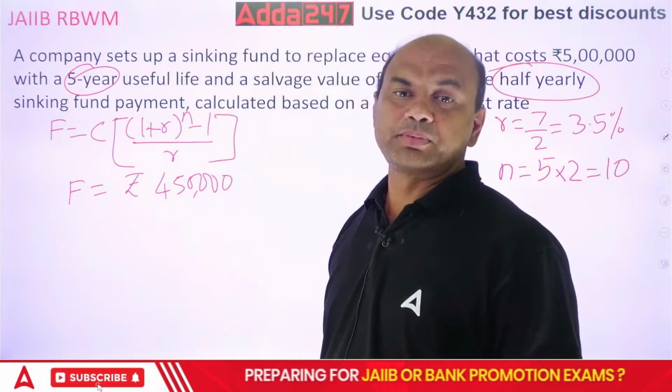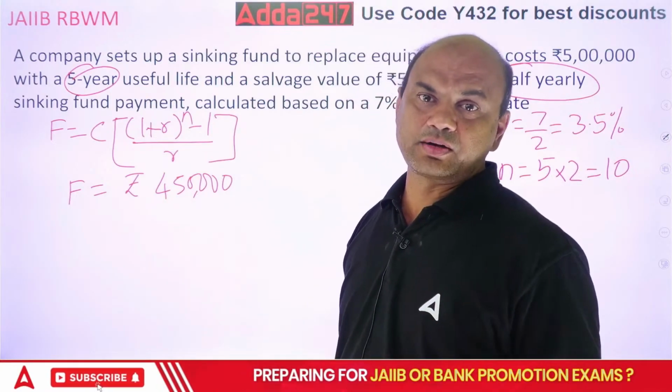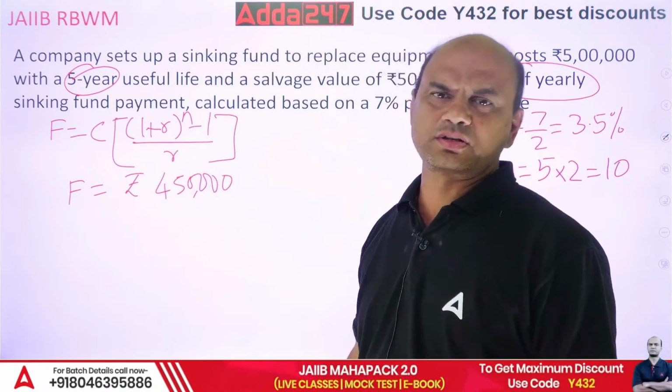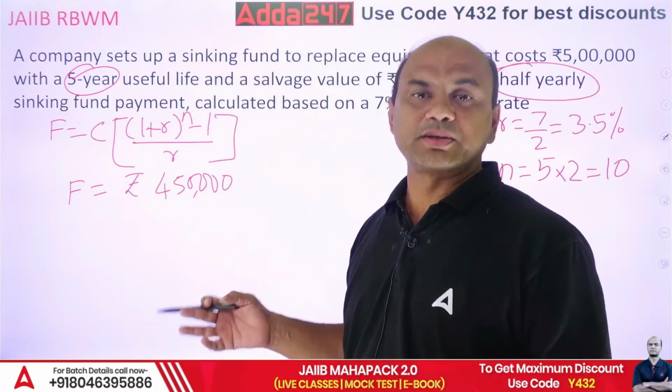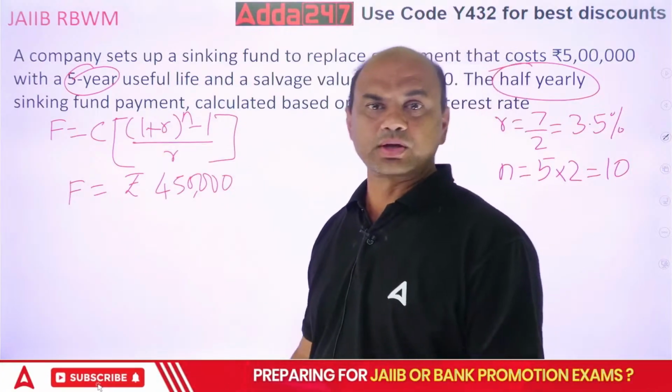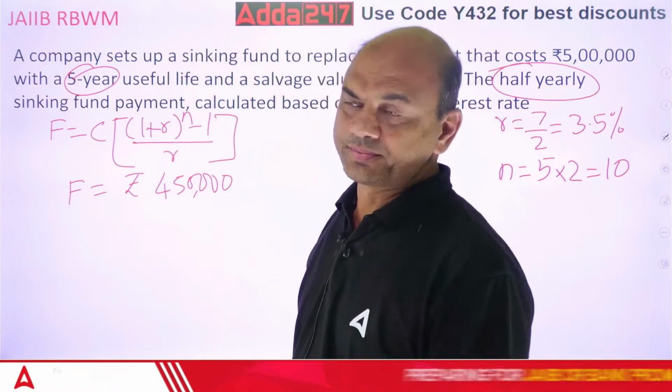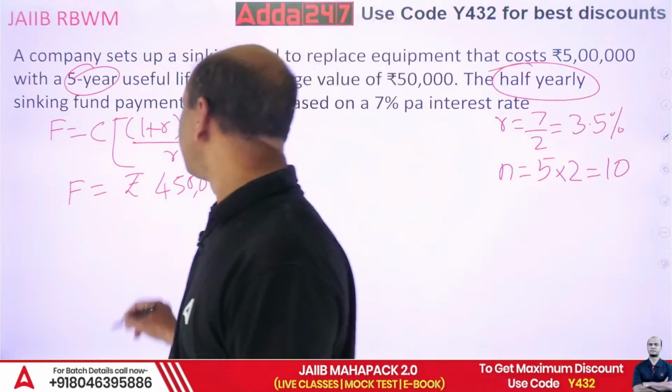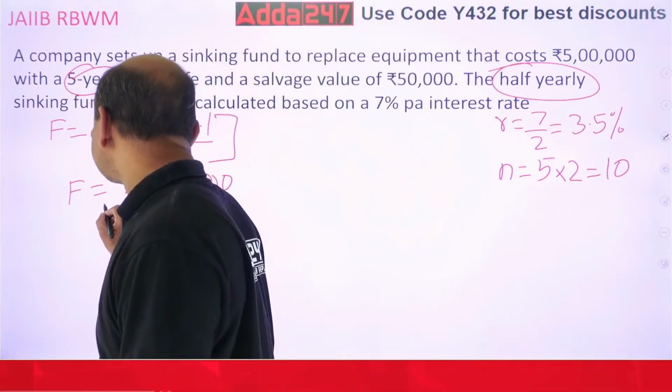You must have complete practice on sinking fund. Similarly, depreciation is also solved, but depreciation has a separate formula and sinking fund has a separate formula. Both are combined chapters. So now, what is this? 4,50,000 equals to,